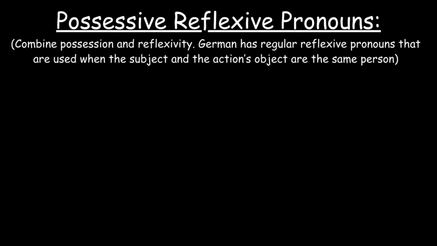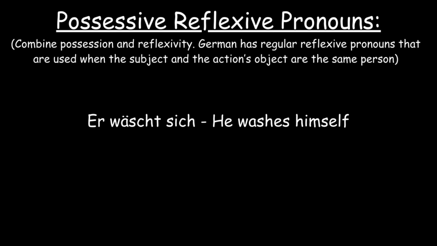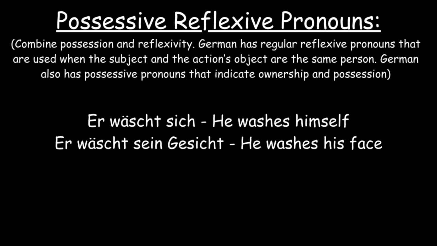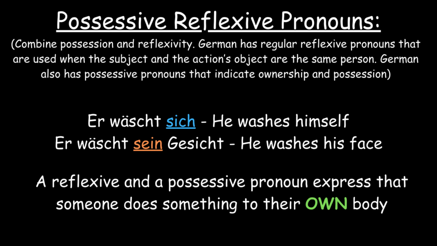German possessive reflexive pronouns, combined possession, and reflexivity. German has regular reflexive pronouns that are used when the subject and the action's object are the same person, like wäscht sich. German also has possessive pronouns that indicate ownership and possession, like wäscht sein Gesicht. When possession and reflexivity are combined, German has a pattern of using a reflexive and a possessive pronoun to express